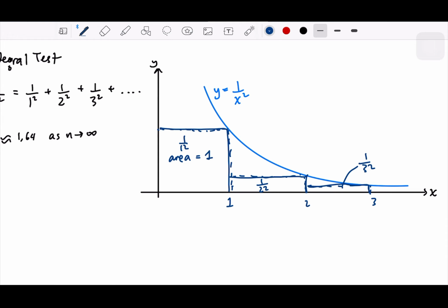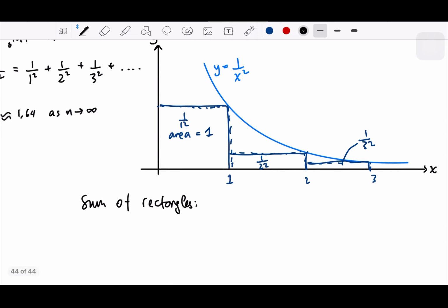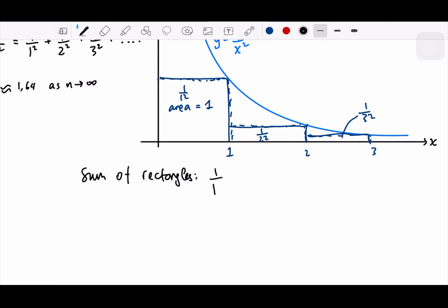So the sum of rectangles we can write in terms of 1 over 1 squared plus 1 over 2 squared plus 1 over 3 squared plus dot dot dot, which is equal to the sum. If we exclude the first term because it's already established as 1,